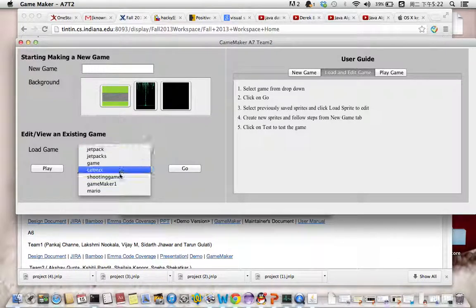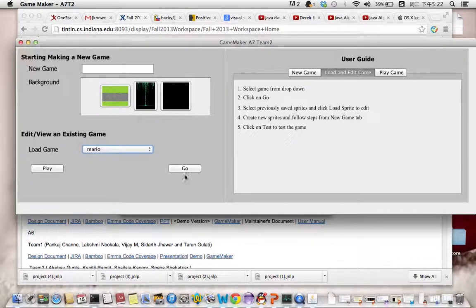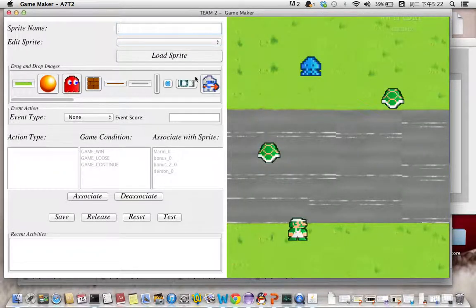So now I go ahead and load an existing game that I've created, which is Mario, and I click the go button to continue making the game. So as you can see, this is the Mario that has been previously created. So there is a Mario here and 2 bonus points. So now I go ahead and add another bonus,